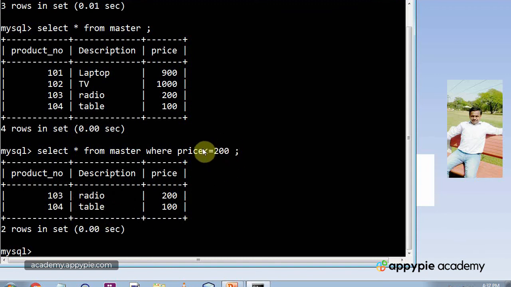As you can see, the condition is being fulfilled. The other 2 records are not being shown. Why? Because they are not meeting this criteria. Okay. Another thing, we can simply see only selective fields, right? So in order to see the selective fields, what you can do is